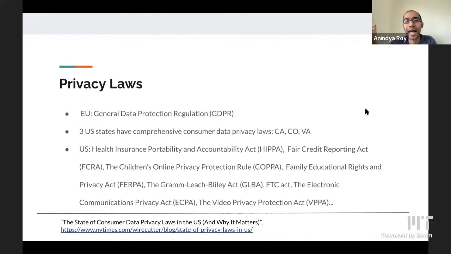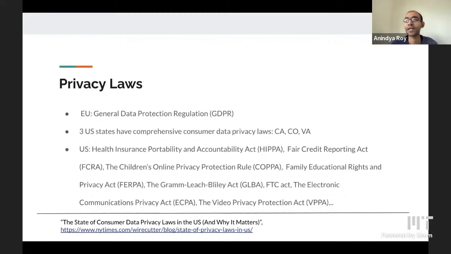For example, I don't know, 70% or 50% of all websites are hosted on AWS. If you're not using Amazon, well, sure, don't order something from Amazon, but you're still going to visit a website. So it's very interesting. But just because we are using these services does not mean that we have to be vulnerable about our personal data. That's where some of the laws come in, and the question about how we might be able to protect ourselves. There are sweeping laws like the General Data Protection Regulation in the EU, GDPR, which is not without its flaws, but it stands in stark contrast to the US, which has a patchwork of various laws.